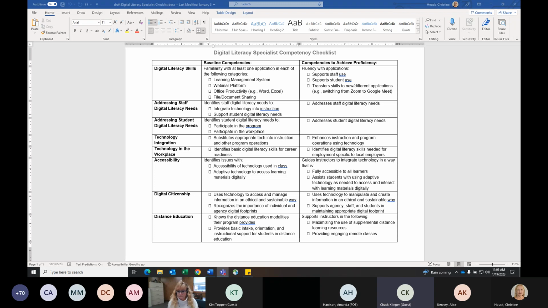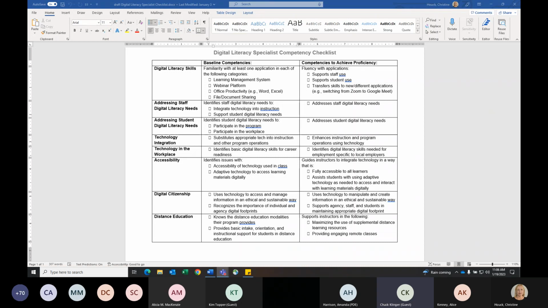People started doing remote classes, so that's a really good example of that during the pandemic. And then to be proficient, hopefully they'll be able to start to see how they can enhance or improve your program using technology. And I think, again, with the remote classes, a lot of agencies have discovered, hey, this is a really good way for us to improve our enrollment, our retention. We can get our students more hours and things like that. So that's another thing that we want to work with them on.